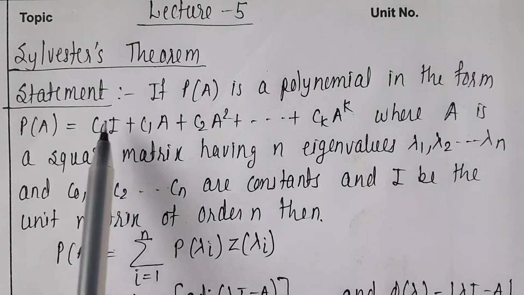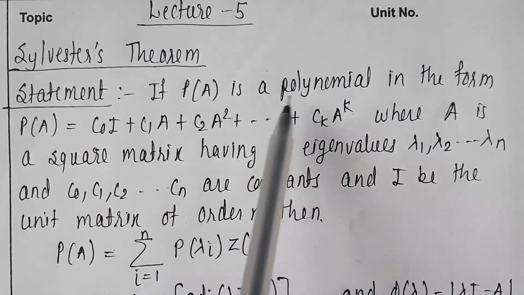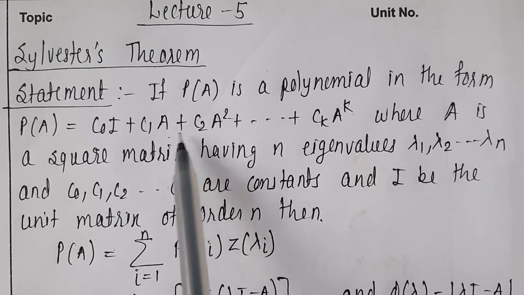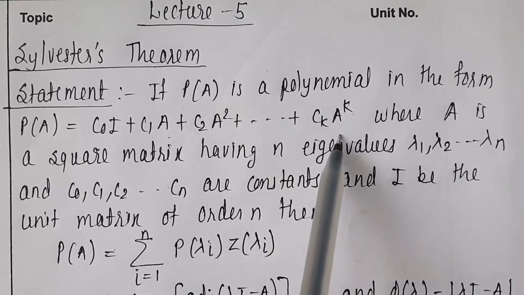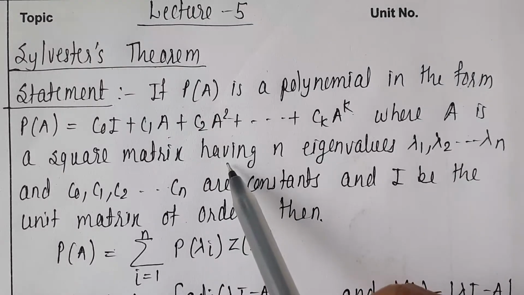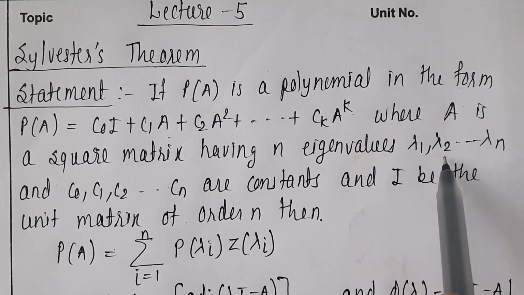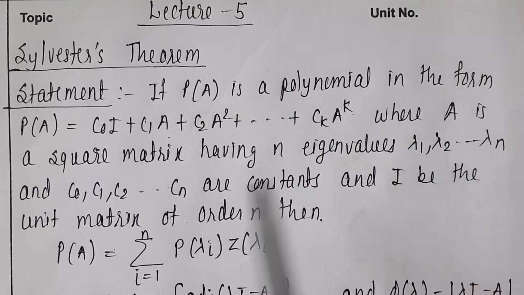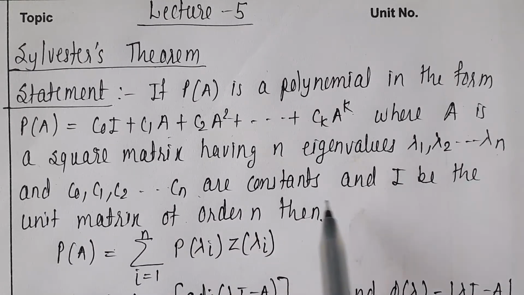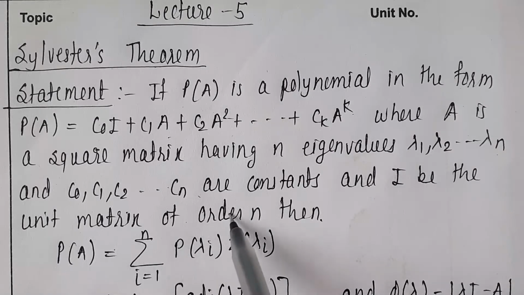The statement of this Sylvester theorem is: if P of A is a polynomial in the form P of A equals C0 I plus C1 A plus C2 A square and so on up to Ck A to the power k, where A is a square matrix having n eigenvalues lambda 1, lambda 2 up to lambda n, and C0, C1, C2, Cn are constants, and I is the unit matrix of order n, then P of A can be written as,